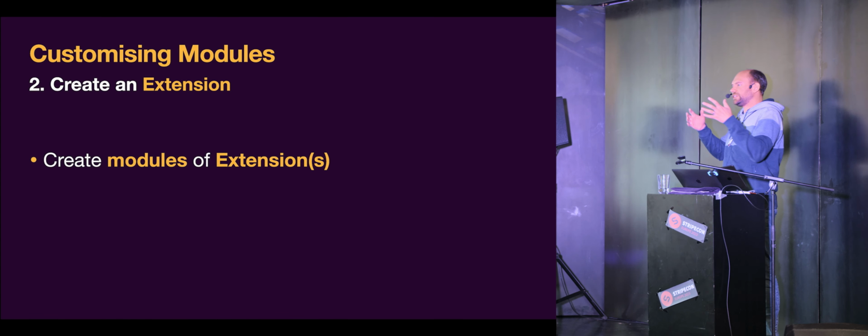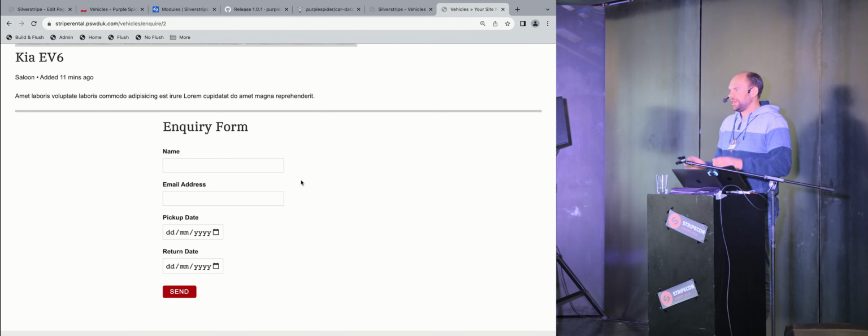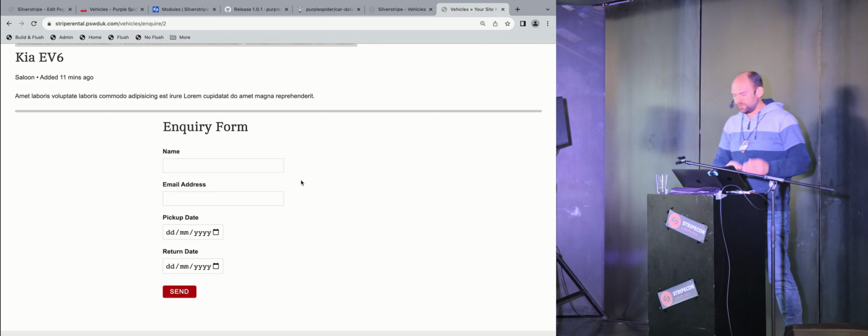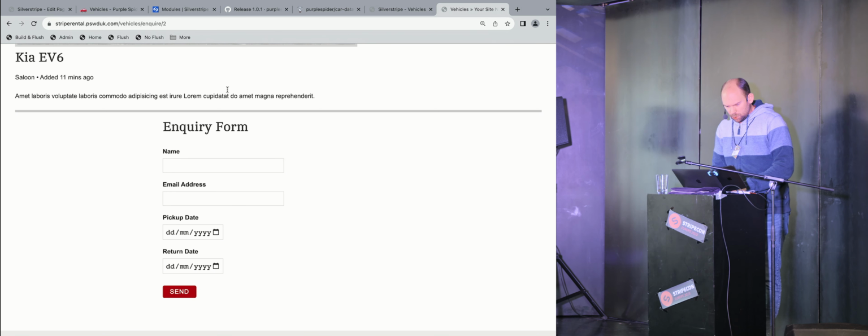So let's have a look at that quickly. Say that we wanted to modify our form here, availability, this inquiry form. Let's say we want to modify this form, and let's pretend that the developer hadn't added a hook to allow you to modify that form in an extension. What we can do is we can create